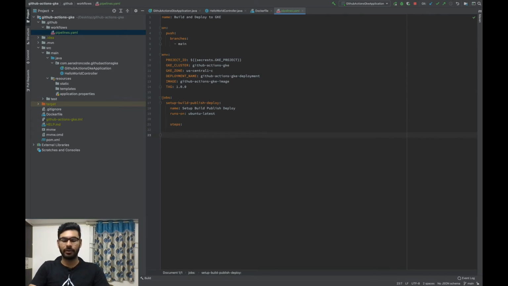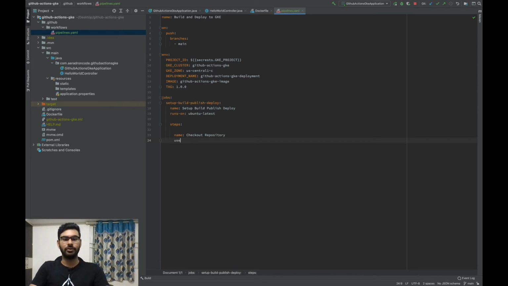So the first step will be, we'll provide it a name saying checkout repository. The action that we want to do is we want to get our repository into this GitHub Actions workflow.